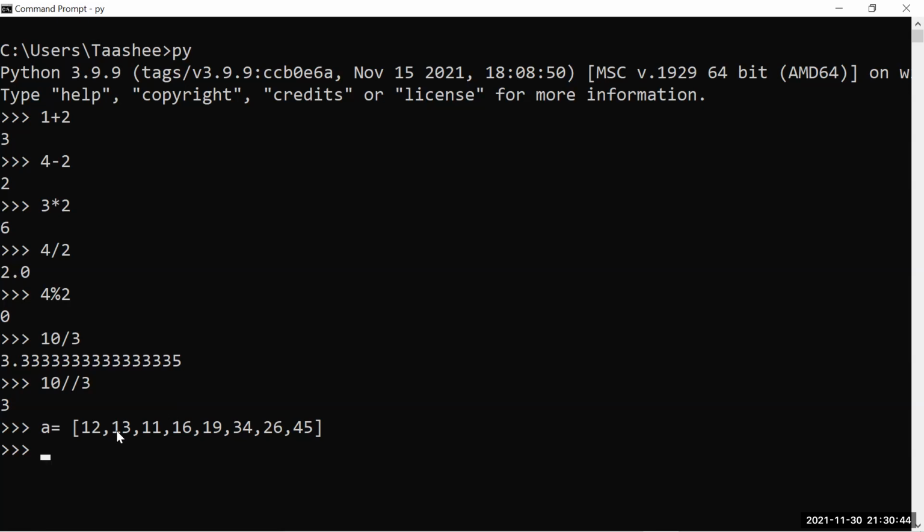Guys, any idea how to divide a given number in the list into even and odd? We can use the modulus operator, one after the other. Yeah, like if 12 modulus 2 equal to 0, then it's even. Okay, that's good. We can use it like that. And any other? A % 2 equal to 0.